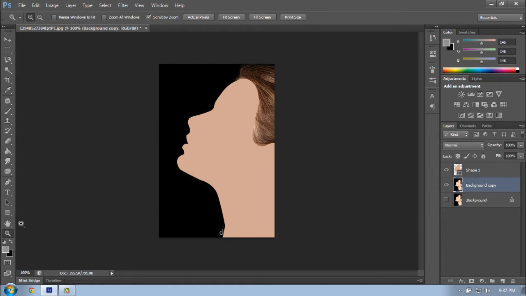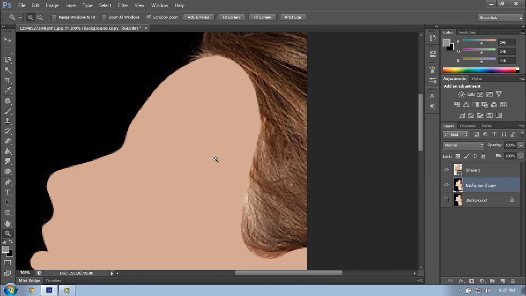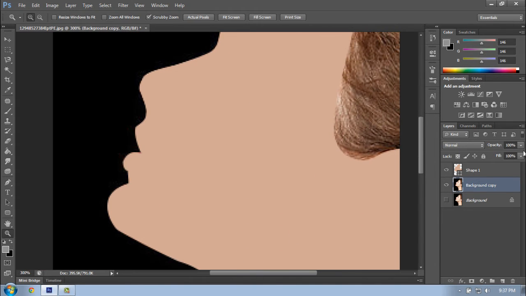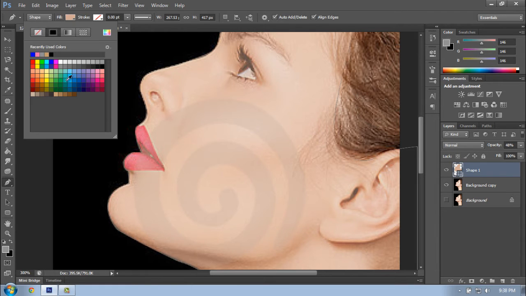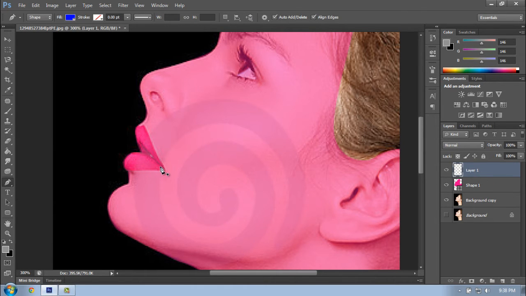So now we can zoom in here. You can do her lips if we want. Oh, I'm lowering the wrong opacity. So now we can do our lips if we want, and again, select the pen tool. You can make the fill whatever you want. I guess I have to make a new layer. So now if we do our lips,